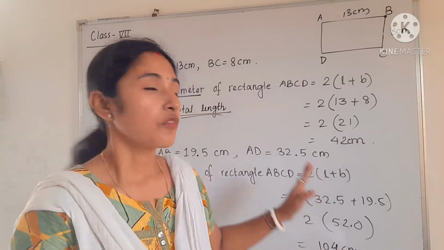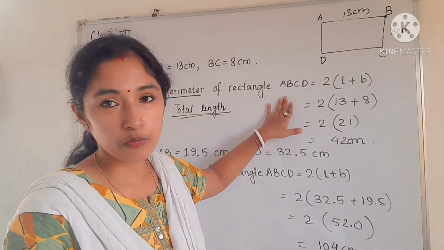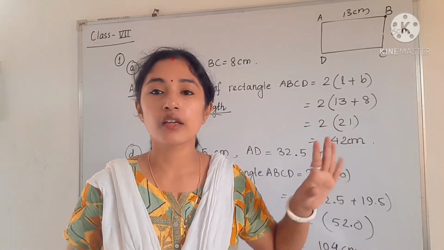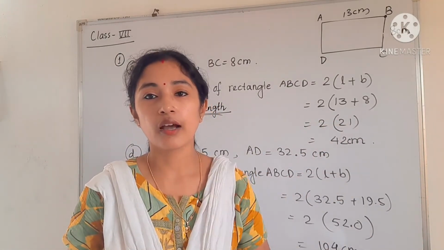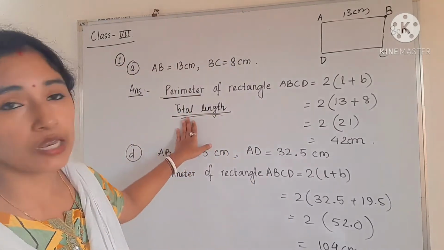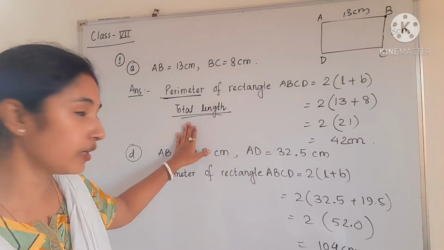So that will be discussed in the later part, that will be in area part. Okay, so now we have to learn about perimeter. So in case of perimeter, we have to write the unit as meter, centimeter, kilometer, hectometer, decameter, whichever unit is given, okay, because here we are measuring the distance or total length, okay.